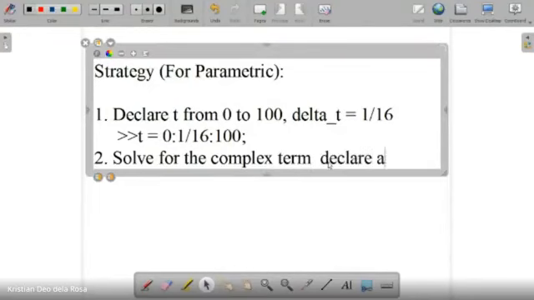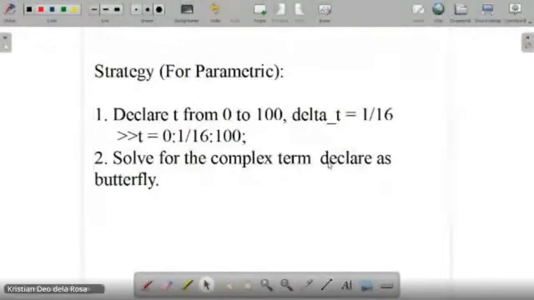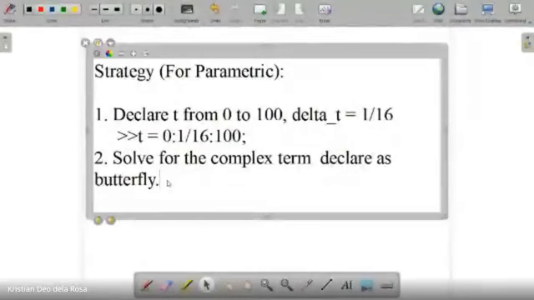Declare as butterfly. So here, ang code natin would look something like this one. So butterfly is